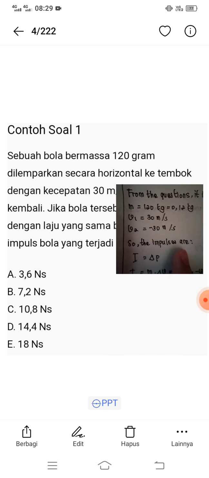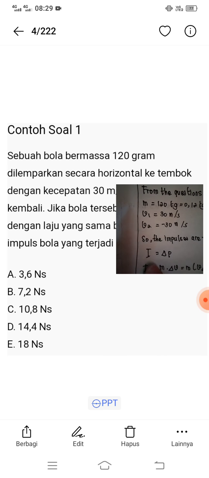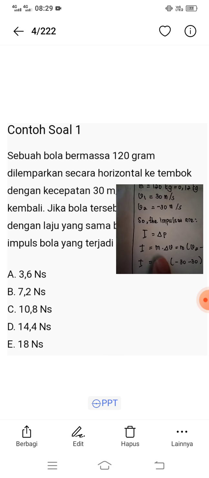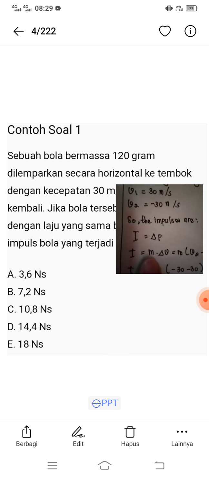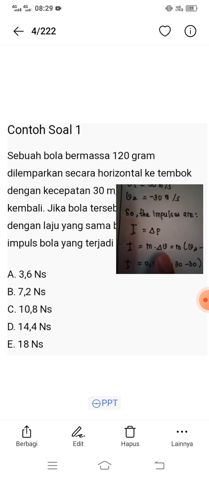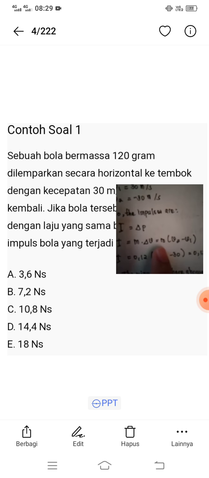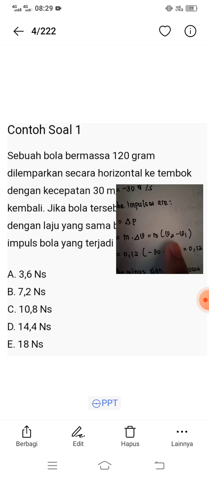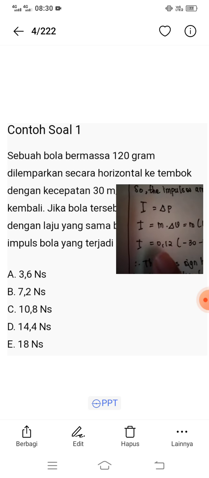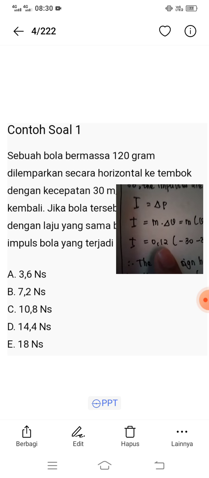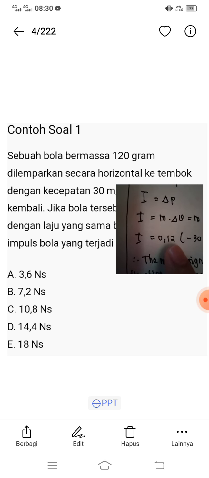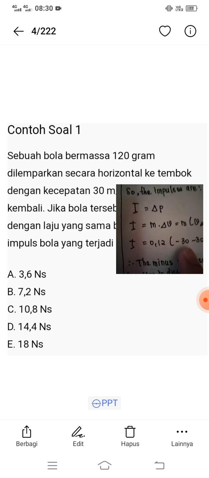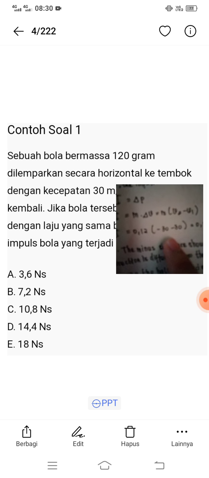So the impulse I is the change in p. I is mass multiplied by the change in v, which is mass multiplied by velocity 2 minus velocity 1. I is 0.12 multiplied by minus 30